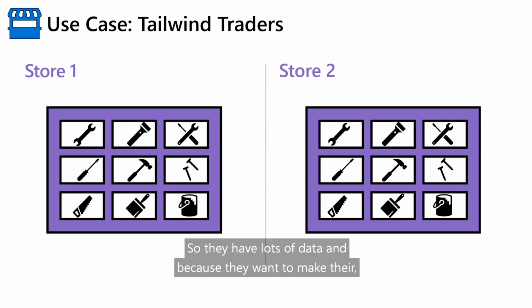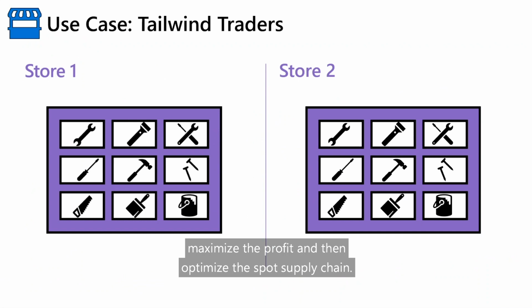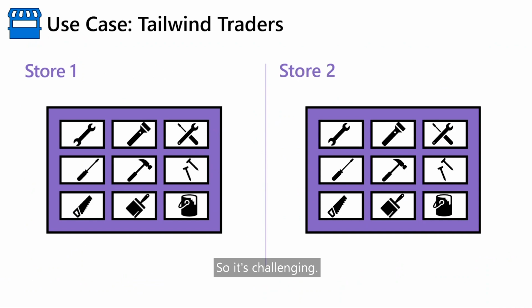So they have lots of data, and because they want to maximize the profit and optimize the supply chain, they want to forecast how many sales per item per store on each day. So it's challenging,